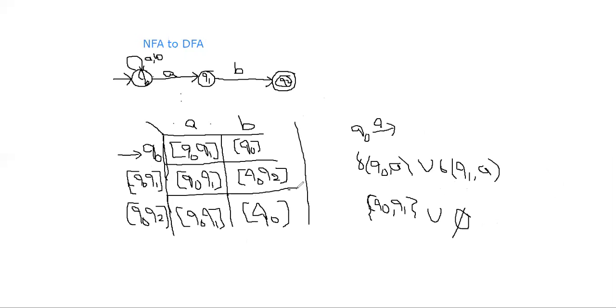Again verify, is there any new state appearing in the results? Immediately verify. We got Q0 Q1, and Q0 Q1 has transitions. Q0 has transitions. So there is no new state appearing, only repetitions. Every state has its transitions on the left side. Q0 Q1 has transitions, Q0 has transitions, Q0 Q2 has transitions. While applying transitions on Q0 Q2, again we got Q0 Q1 and Q0. So there are no new states in this table.